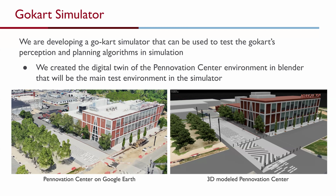So you can see the red building in this image. This is the Innovation Center at UPenn. The Autoware lab is actually one of the rooms on the first floor of this building. And then usually we would drive our go-kart along the sidewalk to this open area and then do all the